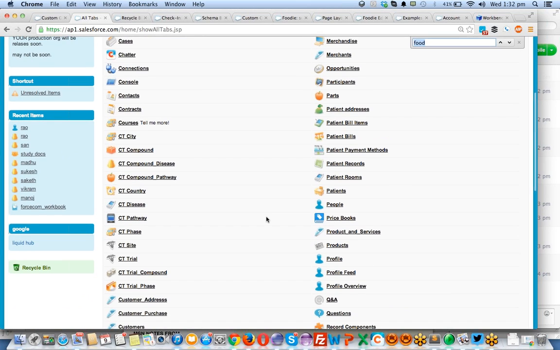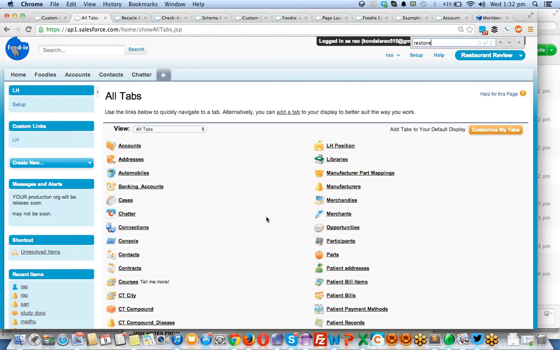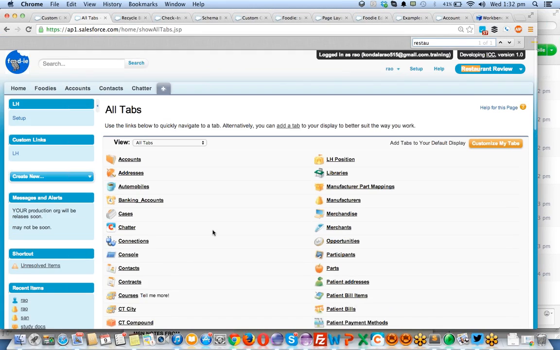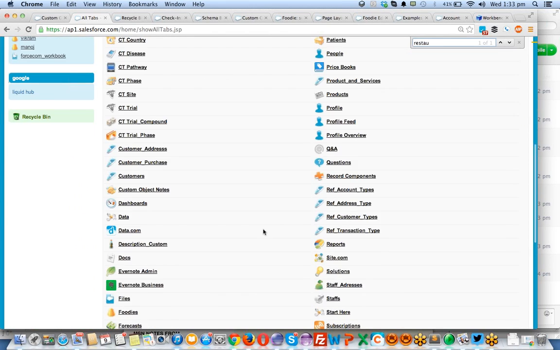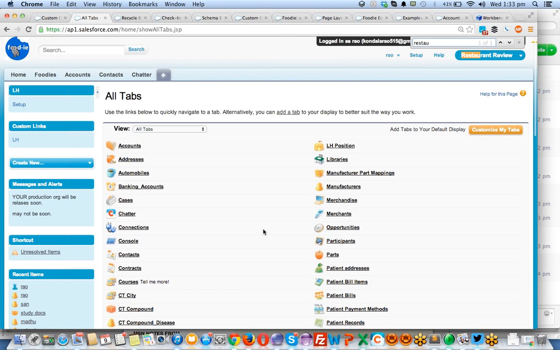I will see that there is no restaurant tab here. He has only the foodies tab. I found that the issue is because he doesn't have access to the application. Some people cannot tell exactly what problem they are facing, right? But when they give access to system admins, the system admin will easily know what the issue is, and he will log out of this.